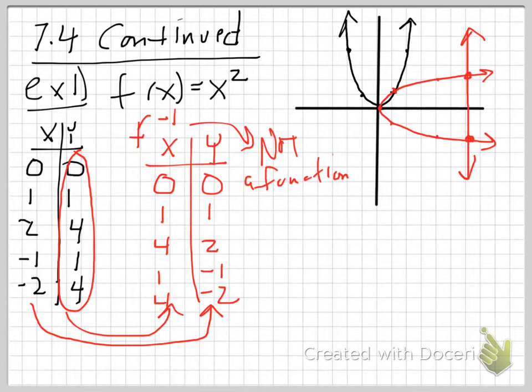And you can also look at the table of values. I have the input 1, for instance, giving me an output of 1, right? And simultaneously, I have the same input 1 giving me a different output, -1, and that violates the definition of a function. We can't have the same input with two different outputs. And another way of looking at it graphically is